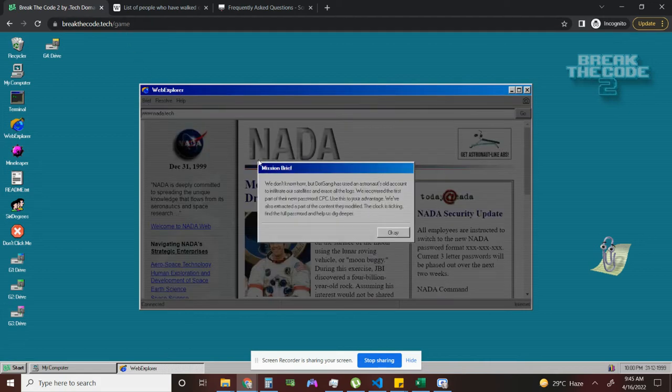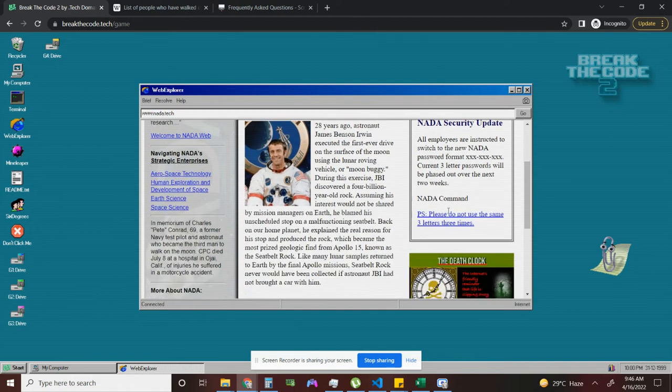So, the brief of this particular task was that somebody is hacking their system, but they do not know who that person is, and they have various tasks in order to determine or to counter whoever might be doing the hacking. So, the first task is that a deceased astronaut user was basically hacked, and they've recovered the first part of the password, which is CPC. We have to use this to determine what the rest of the password is using some of the hints provided